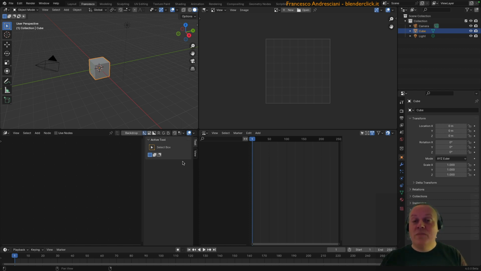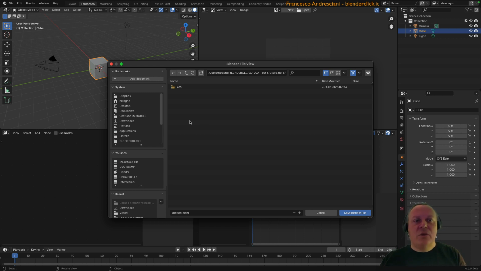How do you save? The same way you would in any other software. We go to the File, Save menu, then we select the place where we want to save. I, for example, will select Desktop, and then here at the bottom we find the words untitled.blend. Let's call it Lesson 2, and then click